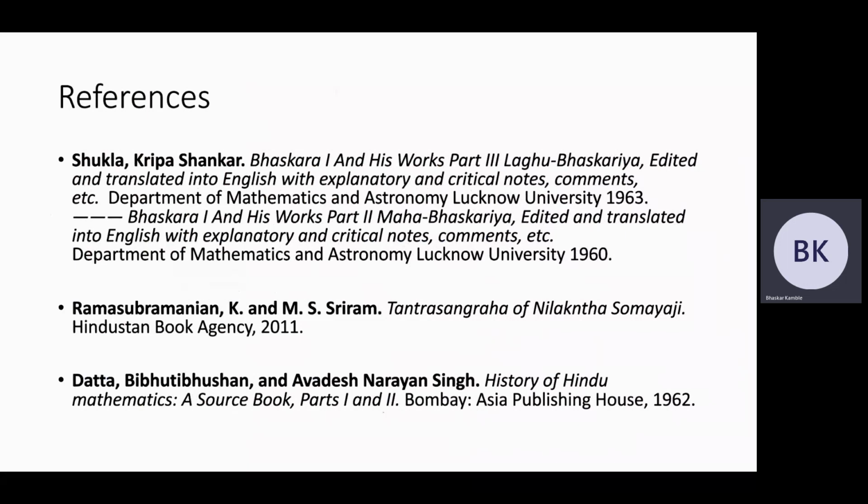This book contains a lot of important and interesting information on Hindu astronomy, astronomical conventions, modern astronomical notations, and a detailed analysis of the mathematical methods used by Hindu astronomers up till the time of the Kerala mathematicians. This is a translation of Nilakantha Somayaji's Tantra Sangraha. Nilakantha Somayaji was a mathematician from Kerala, one of the pioneers of calculus, along with Madhava of Sangama Grama. So that would be it as far as this talk is concerned.